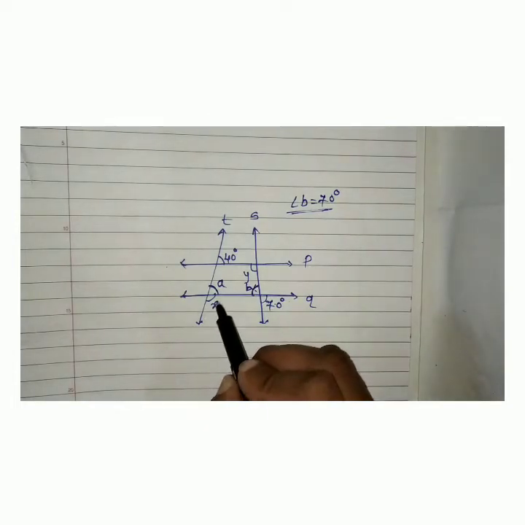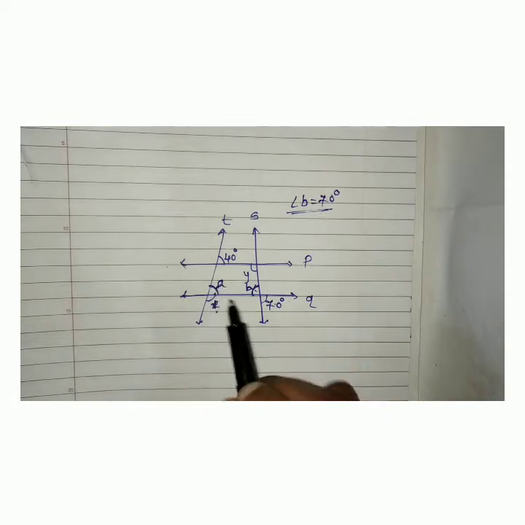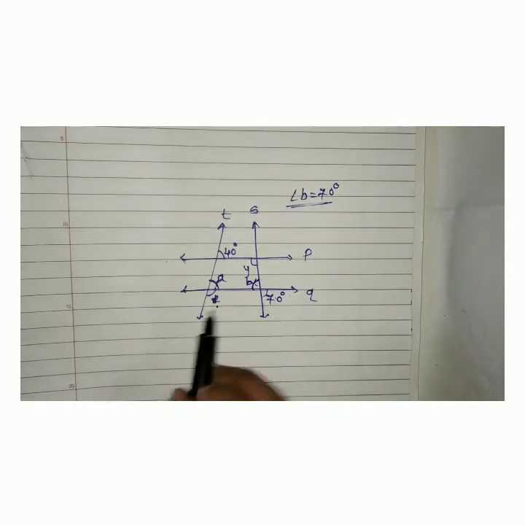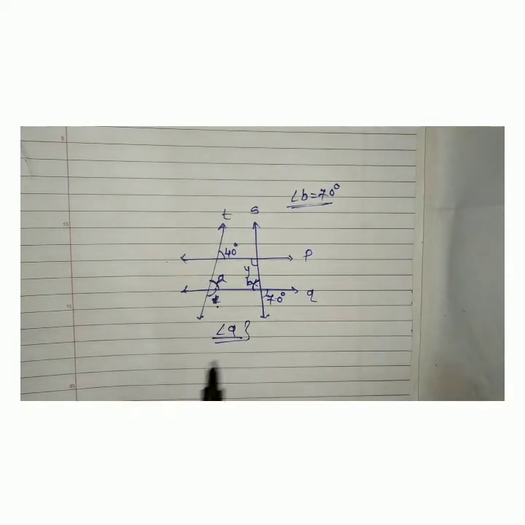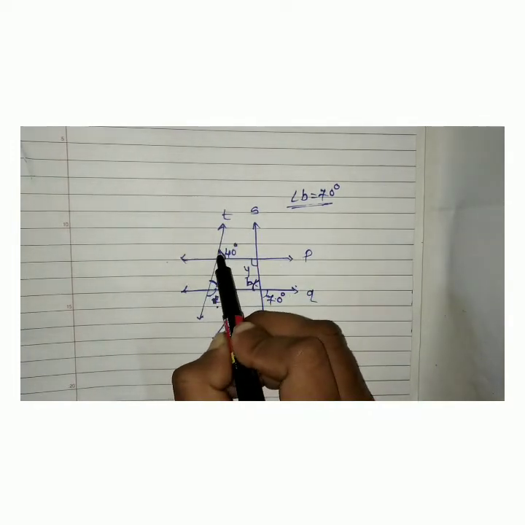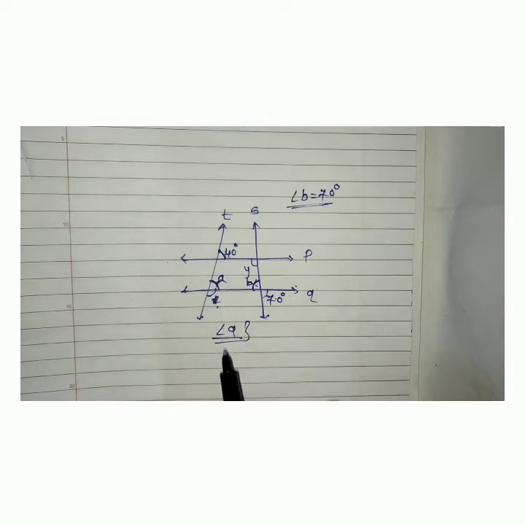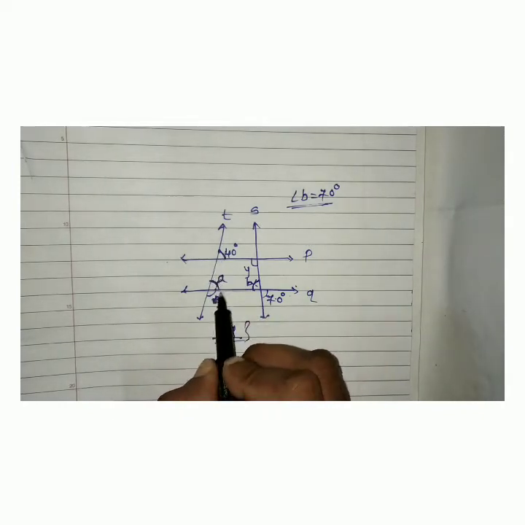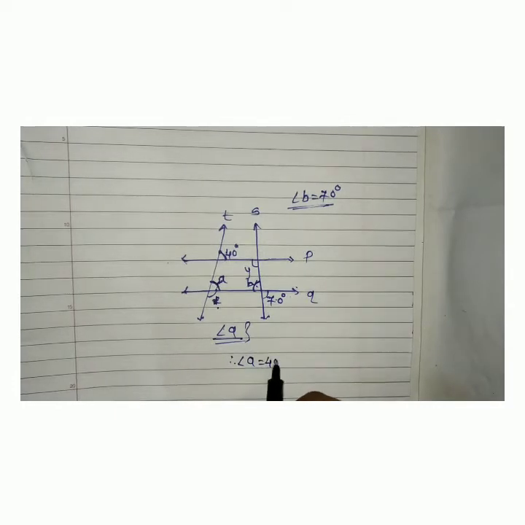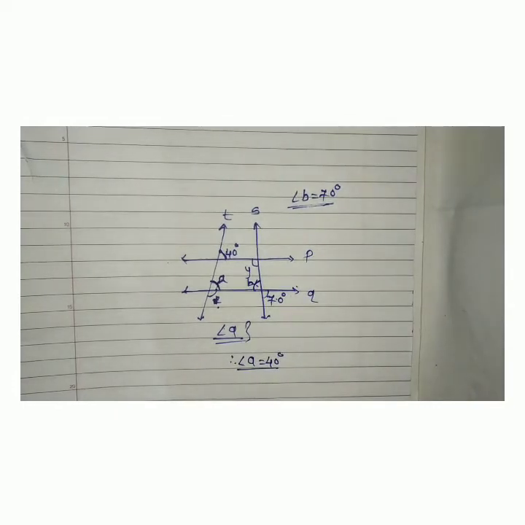Next, angle x and angle A form a linear pair, so these two angles are angles in a linear pair, therefore their sum is 180 degrees. Here, to find the measurement of angle A: these two lines are parallel and T is the transversal. The 40 degree angle and angle A are corresponding angles. Therefore, by the property, the measurement of angle A is 40 degrees because corresponding angles are congruent. Therefore angle A is equal to 40 degrees because of corresponding angles.